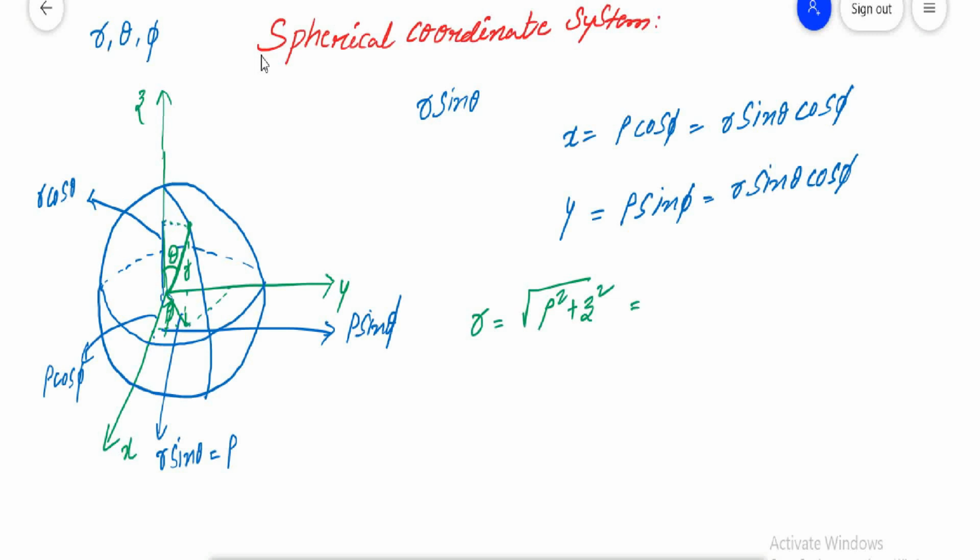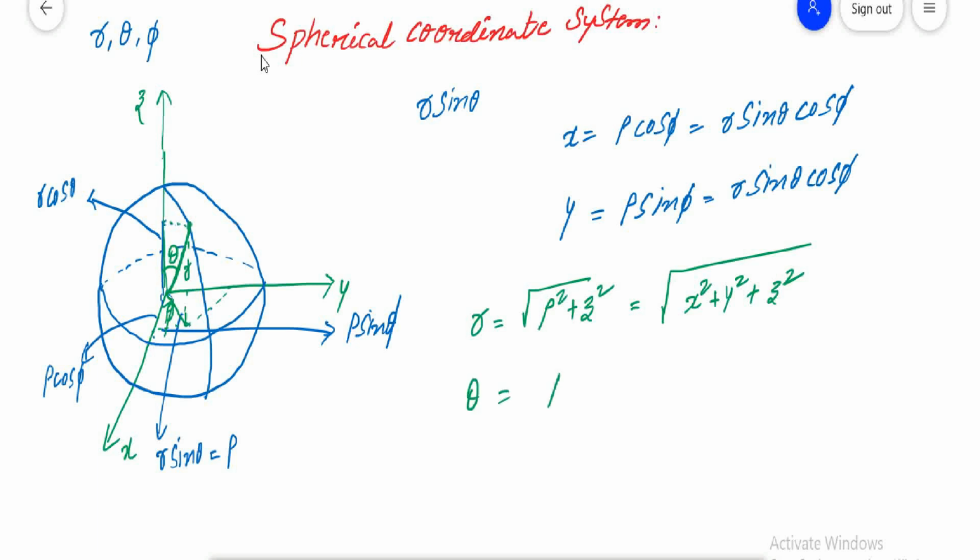So from the cylindrical coordinate system, what is rho square? That is your x square plus y square. So x square plus y square plus z square. So that is of the spherical coordinate, that is r in terms of rectangular coordinates, that is under root of x square plus y square plus z square. But we got in the cylindrical coordinate system, rho is equal to under root of x square plus y square. Then what about theta? Theta is equal to